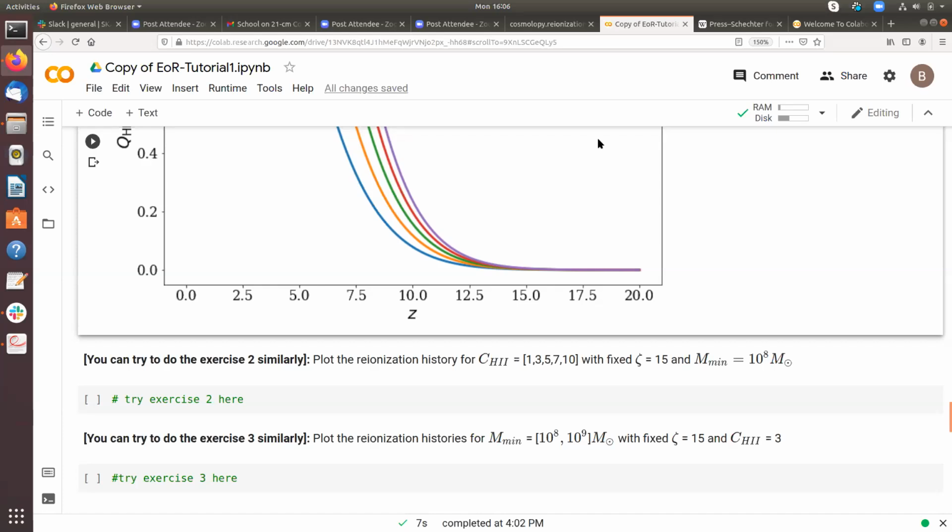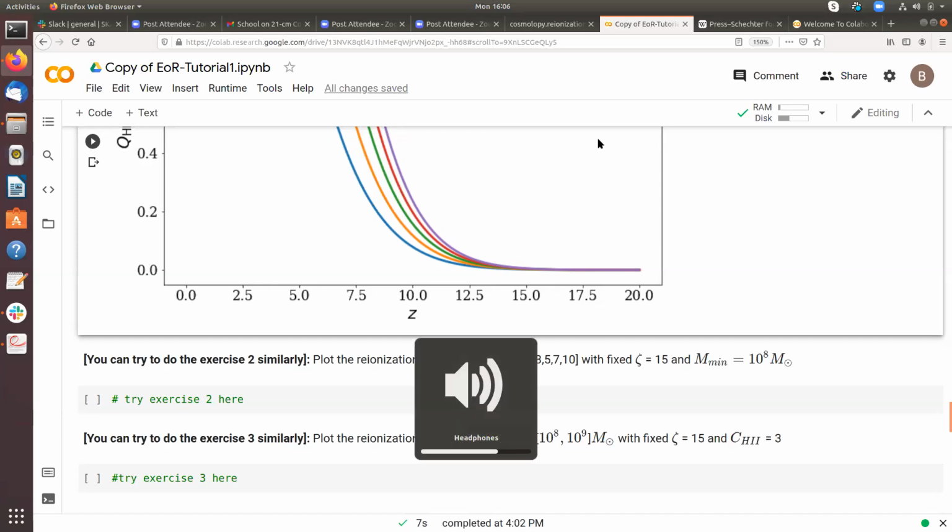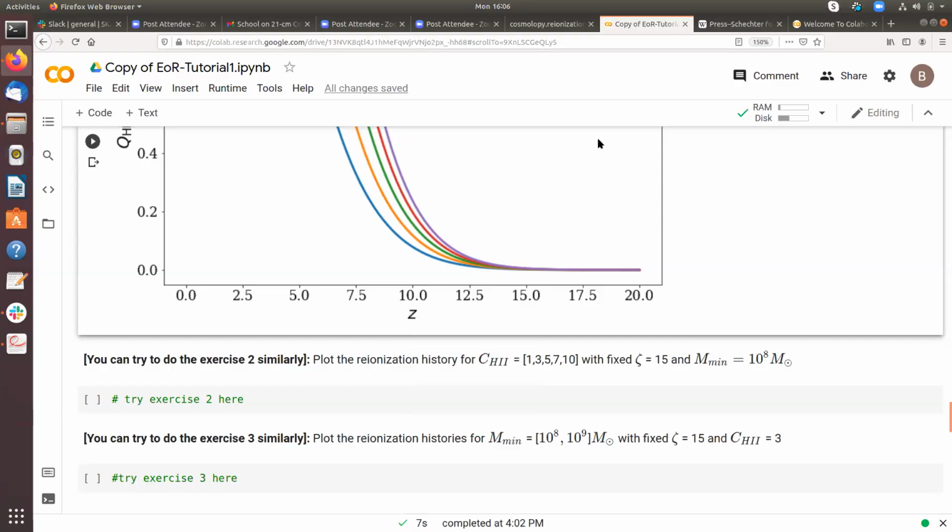The question is why we are taking the clumping factor between 1 and 10. That comes from the literature. There are many debates on that, but in general people agree on a value of around 1 to 5 or so. Previously, it was believed to be of the order of 30, 40, but there are some discrepancies with that.